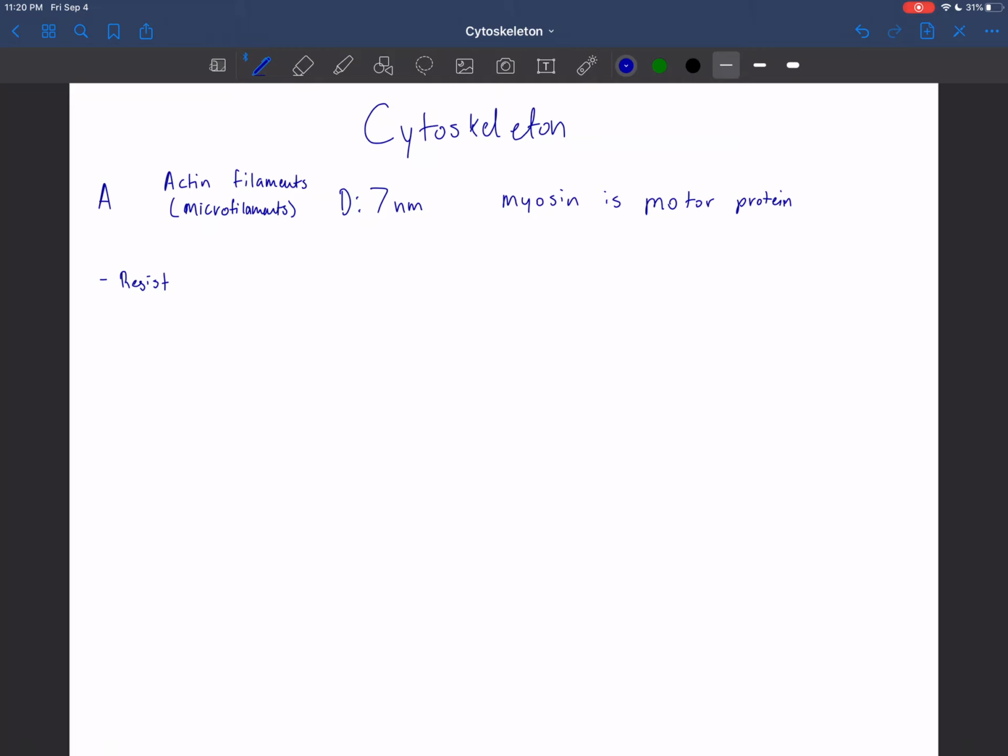You're going to find that all three of these either do something in resisting tension or resisting compression. Tension is like pulling. If you pull on two ends of a rope, you're putting tension in the rope, and actin helps to resist types of pulling. Other things that it does,